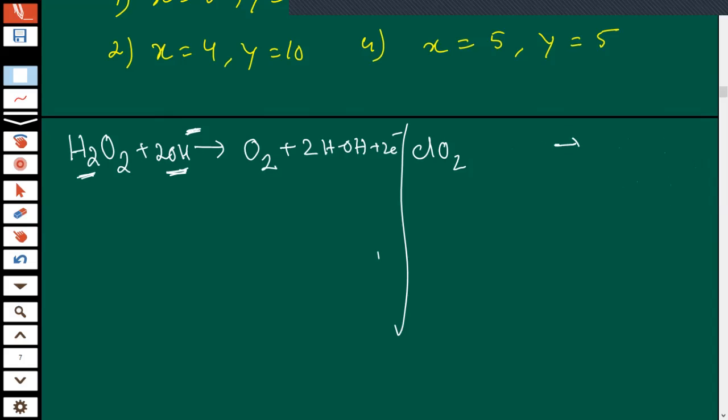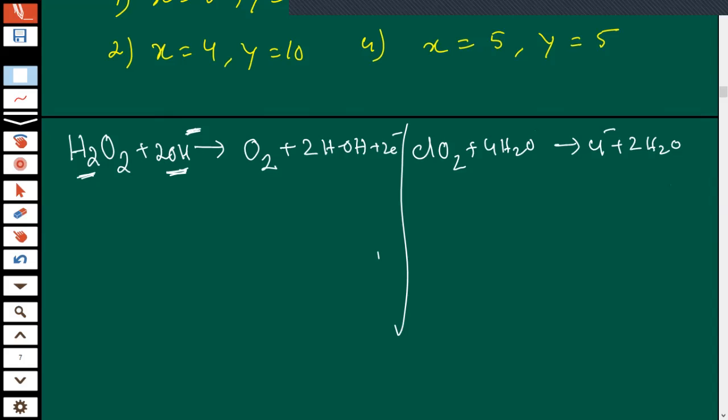This Cl2 gives you Cl minus, right? Now 2 oxygens are there, so I have used 2 water molecules. Now 4 hydrogens are there, so I can't use 4 H plus directly like this, because it is not acidic medium. So what do I have to use? How many hydrogens are there? 4. So for hydrogen also I will use 4 water molecules.